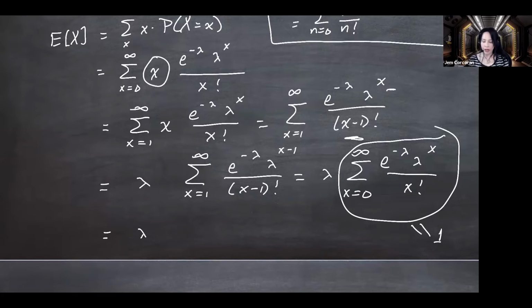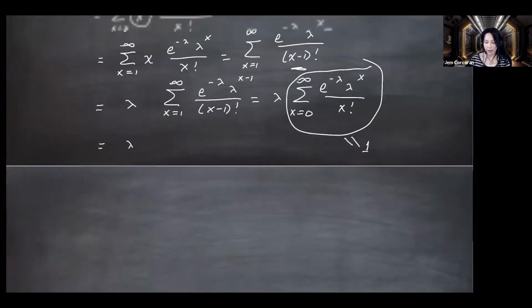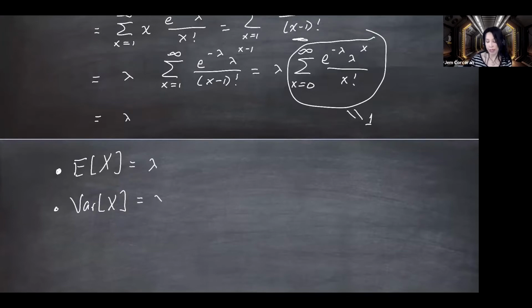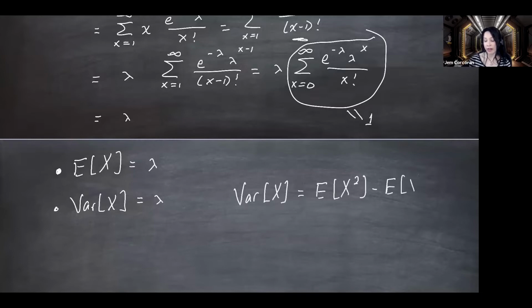Okay, so I'm not going to drag you through the variance. I'm just going to give you a hint if you wanted to compute the variance by yourself. So let me go back to my bullets. The expected value of x we just saw was lambda, and the variance of x also turns out to be lambda. If you wanted to compute this for yourself, one way to write the variance is the expected value of x squared minus the expected value of x all squared. So we need the expected value of x squared.